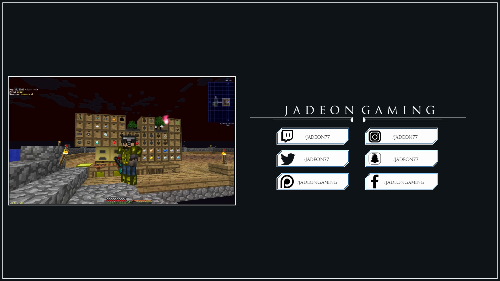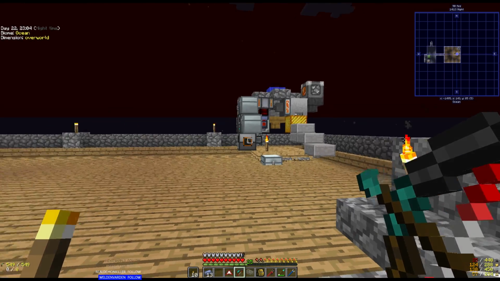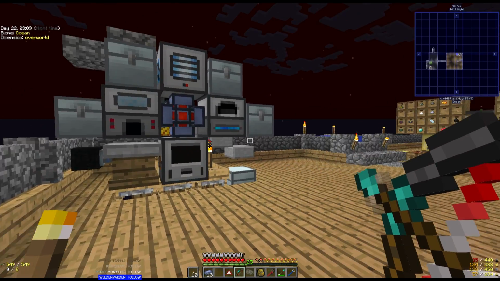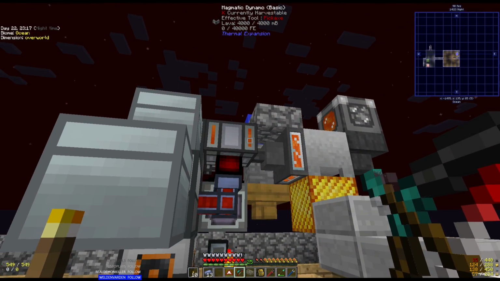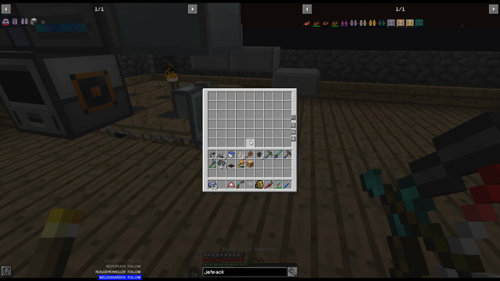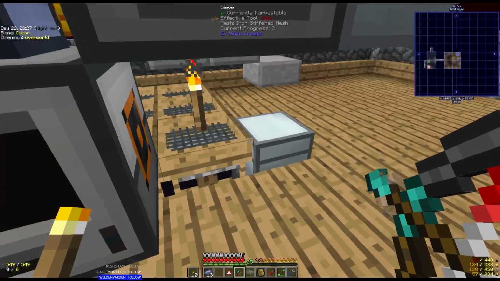Let's get started now. All right, so I've got this fairly automated at this point. Not completely. I need to add a couple more pulverizers into the mix to really automate it to completeness. I need to add some more magmatic dynamos to really speed up the process. But for the time being, if I put any kind of sand, dust, gravel, whatever in here, it gets sieved